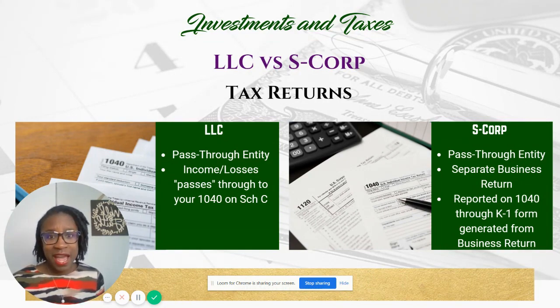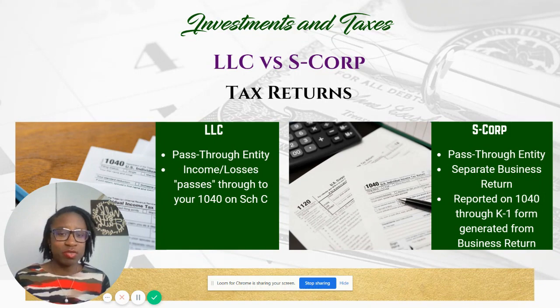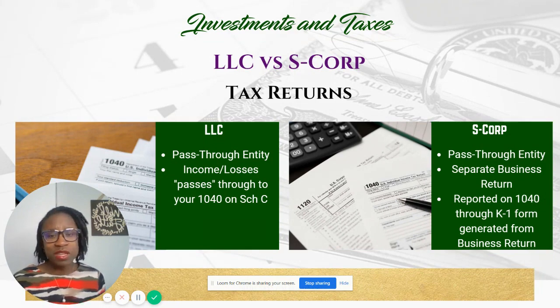And you're also going to be paying taxes when you are paying payroll, of course. So we'll get to that later on. But the main difference that you want to note for the tax returns is that the LLC is going to pass through directly to your 1040 on your Schedule C, whereas the S-Corp financial information is going to be passed through to your 1040, but in a separate area. So they're not going to be treated the same tax-wise. The S-Corp is going to generate what we call a K-1 form, and that information is what's going to pass through to your 1040. So they both pass through to your 1040, but in different ways, and so they're going to be treated differently.